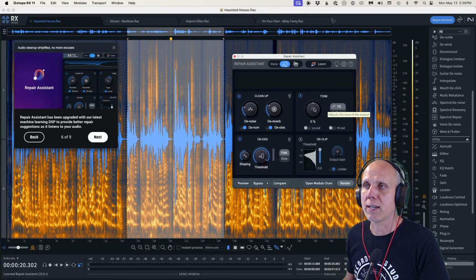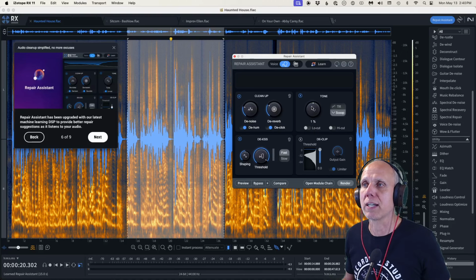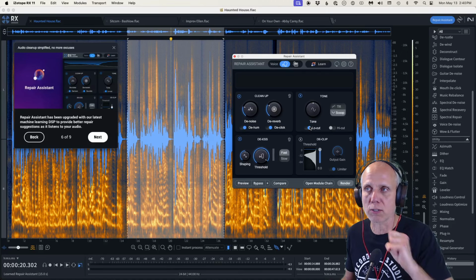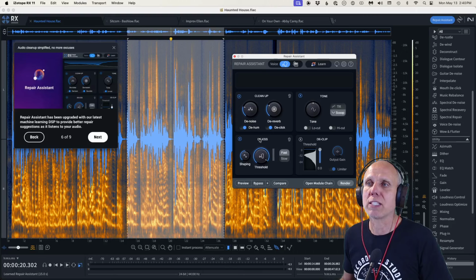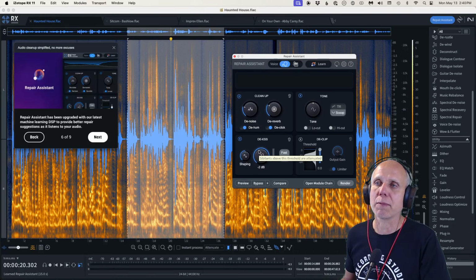There's a tone knob, which lets you adjust the tone. You can tilt it, so you're tilting it more towards the highs or more towards the lows. And then I think scoop is more of a smiley face, where you're boosting bass and highs or cutting bass and highs. Let me see if I can go to 0. Okay, great. And then there's a low cut if you want to just cut lows out of a sound. There's a high cut if there's too much high end and you just want to filter some of the top. And then there's this DS module, which is taking the S's and the sibilants and taming them,